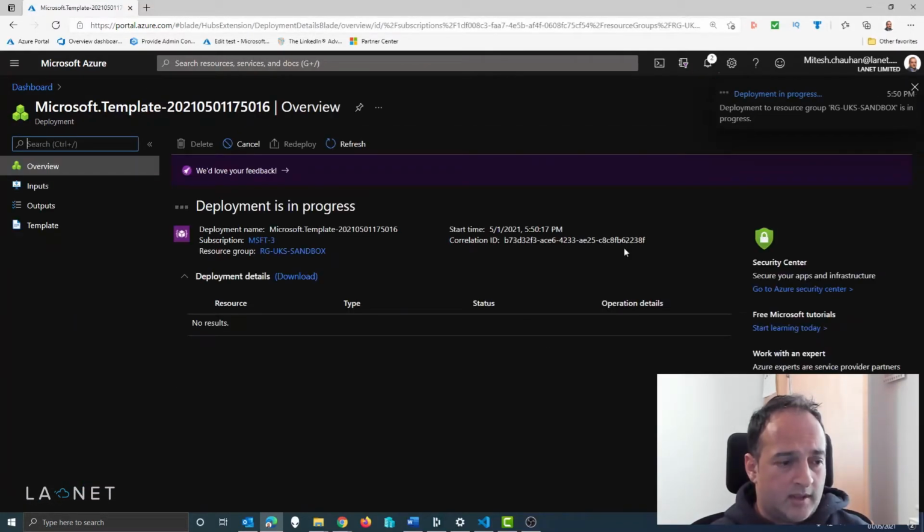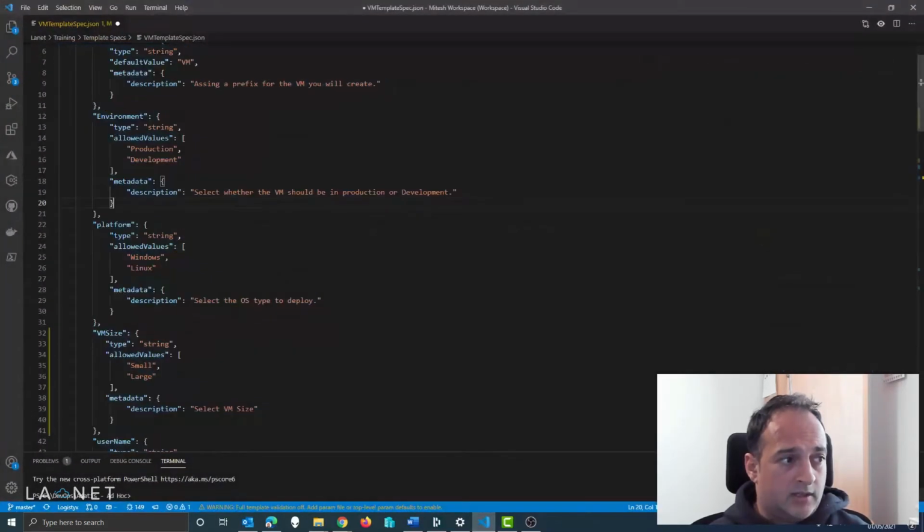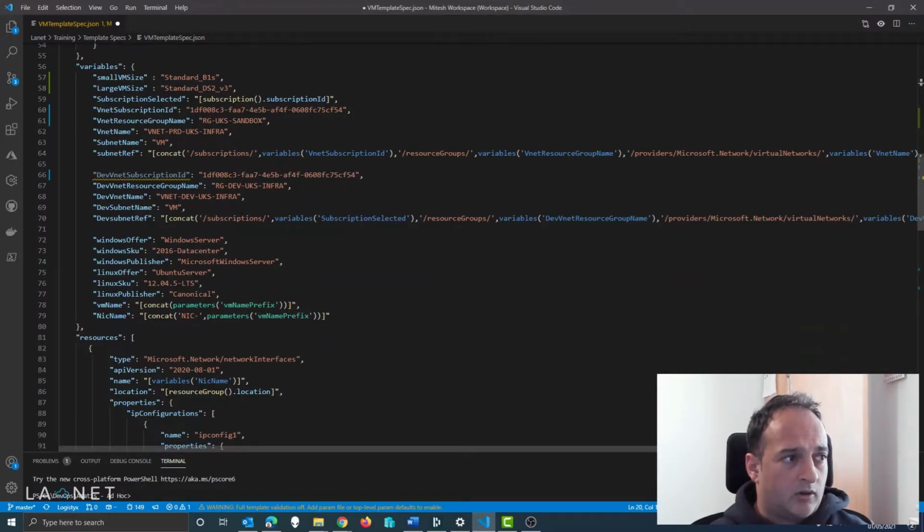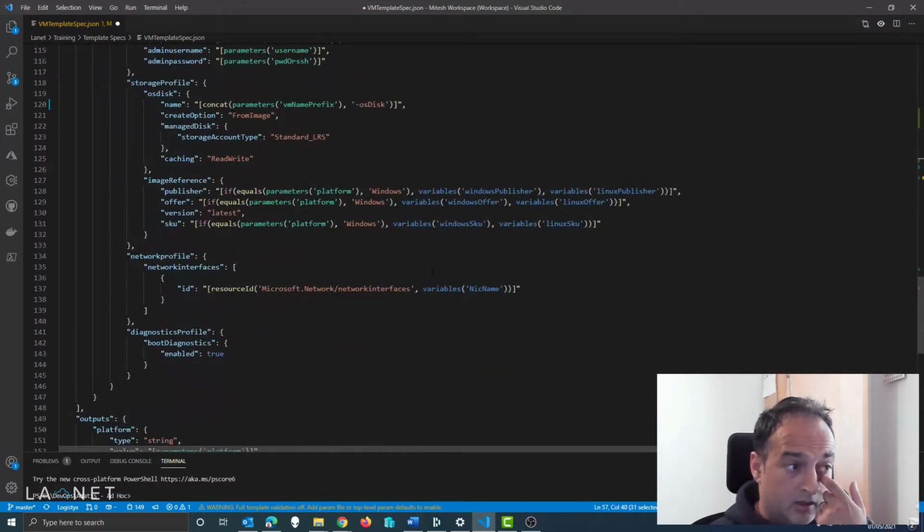Okay, so while that's cooking over there, it doesn't take long at all actually. I'll just quickly show you through some of the code here. There's quite a lot going on. We can see some variables here. If they select small, we've got a specific size that they're going to pick. If they do large, same. And we've already got the subscription IDs, the resource groups, and then the whole part about the choices are in the if statements here.